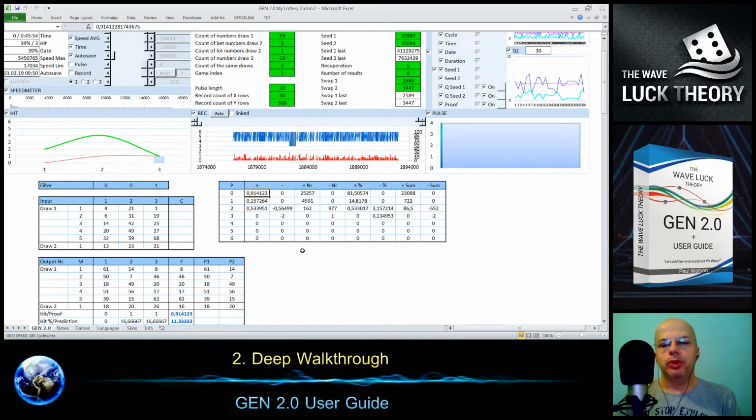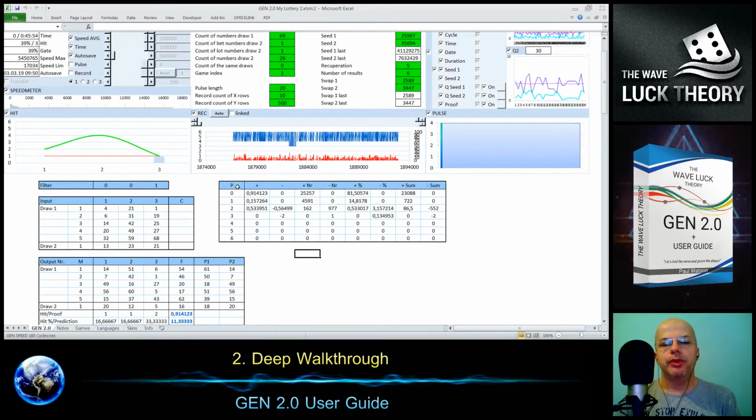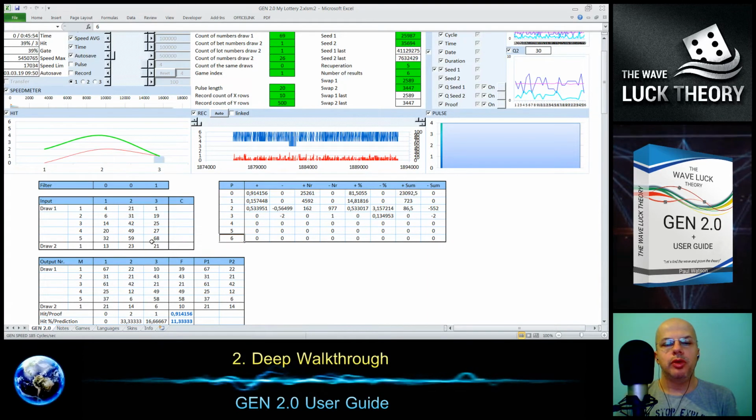What we have here is the P, like proof function box, and on the vertical line we have numbers from 0 to 6, and it corresponds to how many matches we can have.